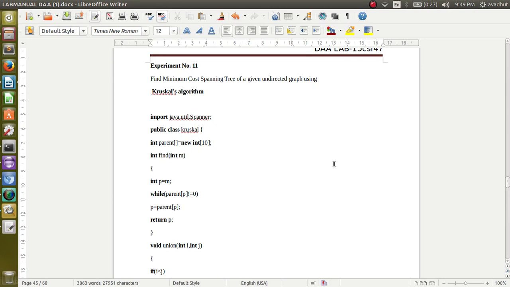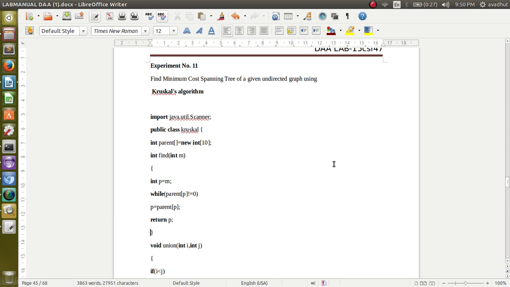A spanning tree is a subgraph of a graph which contains all its vertices but not all the edges. It remains a connected, undirected graph, and that is called a spanning tree. Each edge has its own cost or weight. The spanning tree which has the minimum cost is called a minimum cost spanning tree. For a single graph there can be many spanning trees, out of which only one will be the minimum cost spanning tree. Having understood this, let us start with the program.